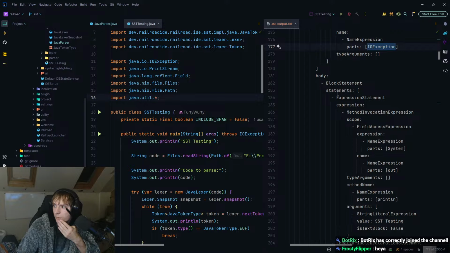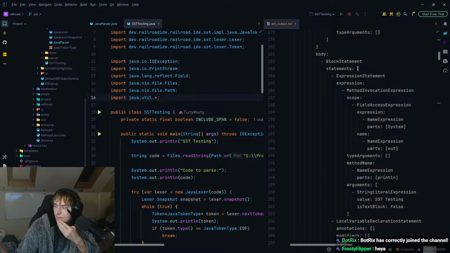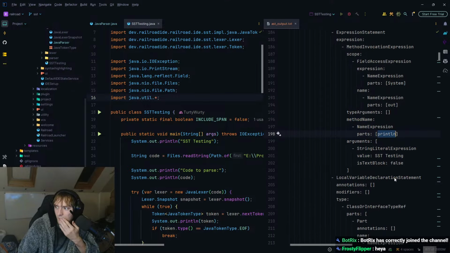I'm pretty sure the method calls are already correct, but let's have a look. So we have an expression statement, which is a method invocation expression, which is a field access expression, which is system.out. And then we are calling println, and the argument for that is a string, which is SST testing.